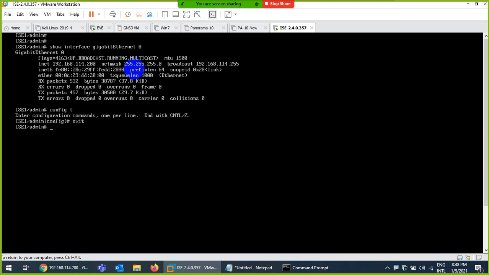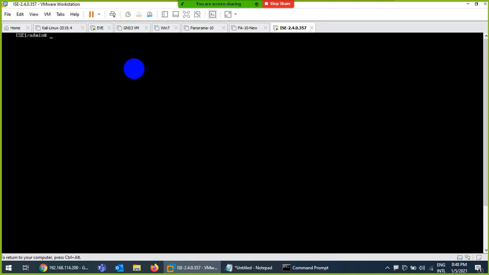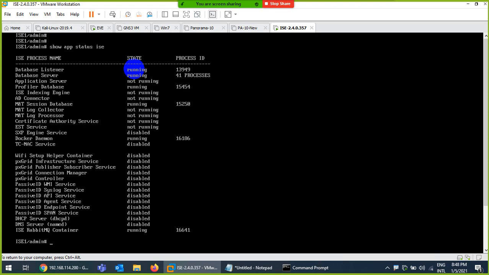I can give you a small lecture about that if you need, but it's the same CLI prompt as on a Cisco switch and router. The command I am interested in is show app status ise. You need to type this command the first time to see whether the applications are running or not. Not all, but the ones I need so that I can access Cisco ISE graphically.